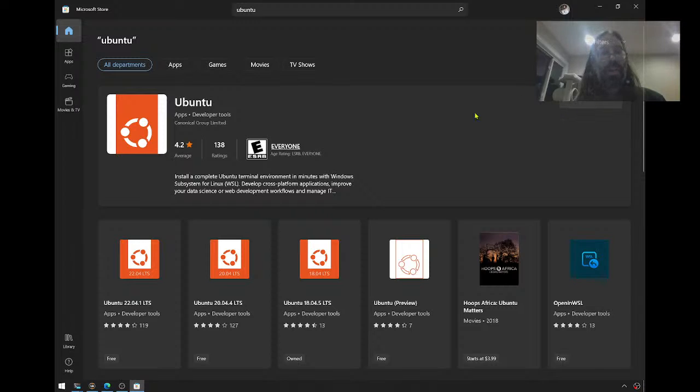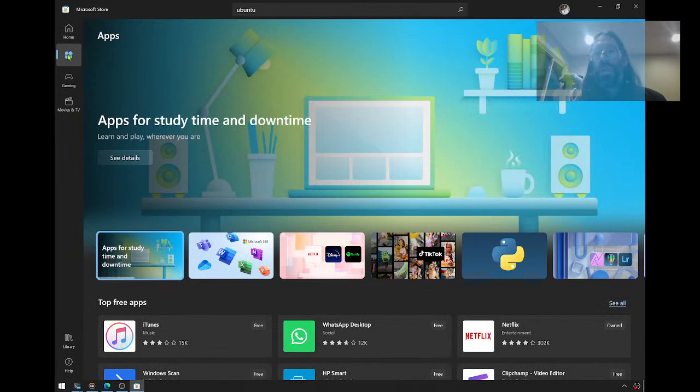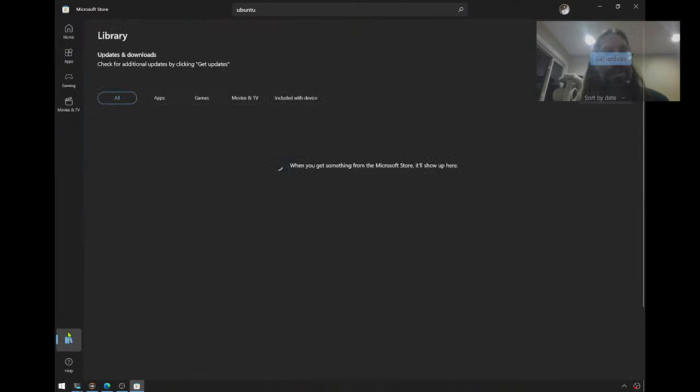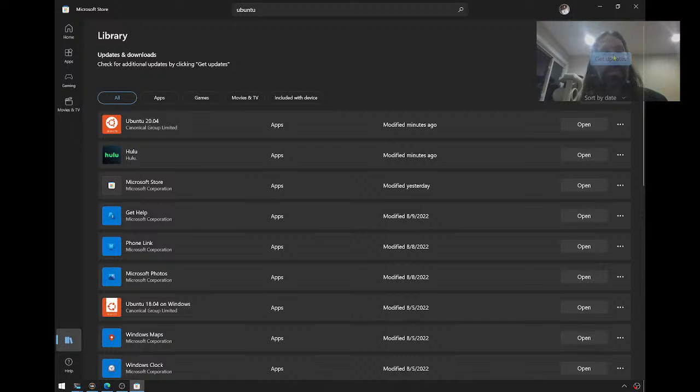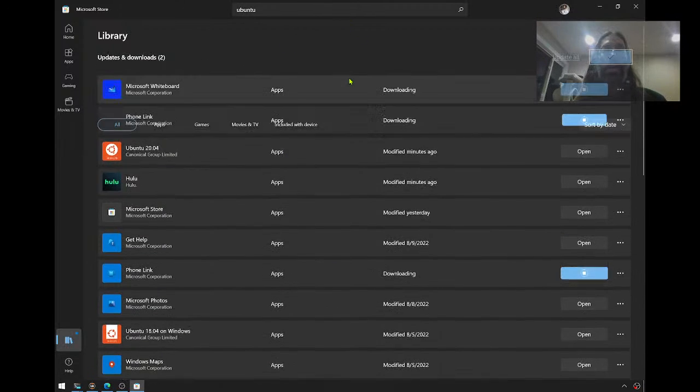Buttons are still not showing. That's a little bit concerning, but maybe the App Store itself needs to be updated. I'll throw in a little bonus here. I thought it was the app button. Maybe it's the library button. Somewhere here, yeah, get updates, right? If any of your stuff isn't up to date, you can just hit get update here. And sometimes the Microsoft Store itself, and it was just modified yesterday, so it seems like it has the latest, but maybe we need to get some more updates of our Windows Store installed software to get it working correctly.